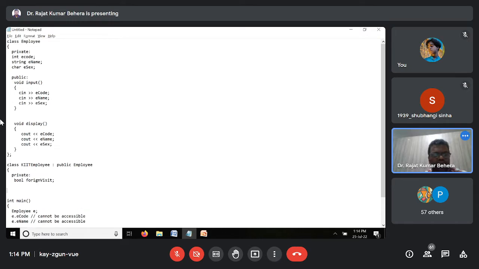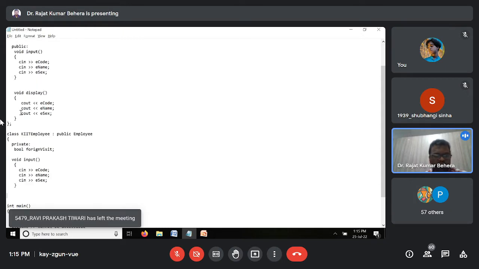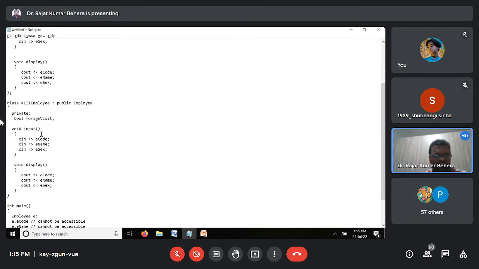So let's call this what is being called a foreign visit here. Then what you will do, again I am going to write something called input. So let's call this the input, and this is the output, which we are going to write down. Okay, then what we will do, let's call this what we have defined here. So in this case, what we are going to do is, this input function we will,